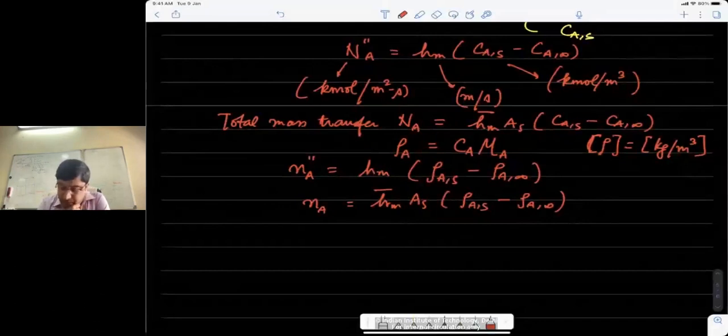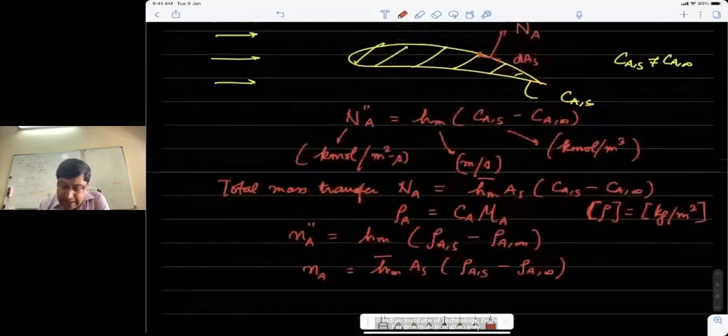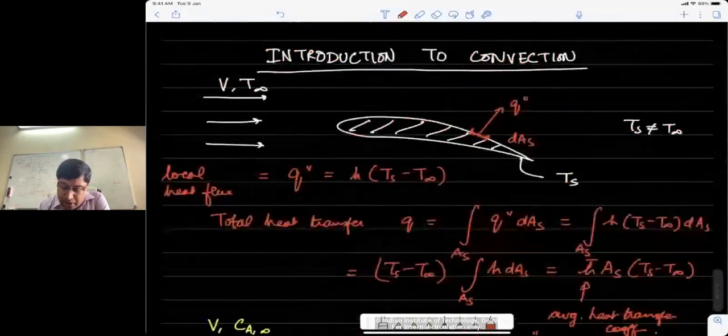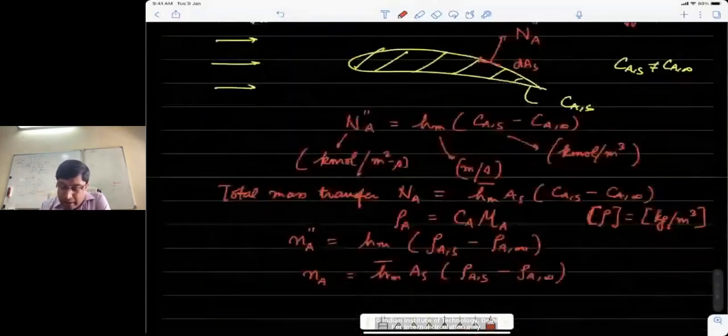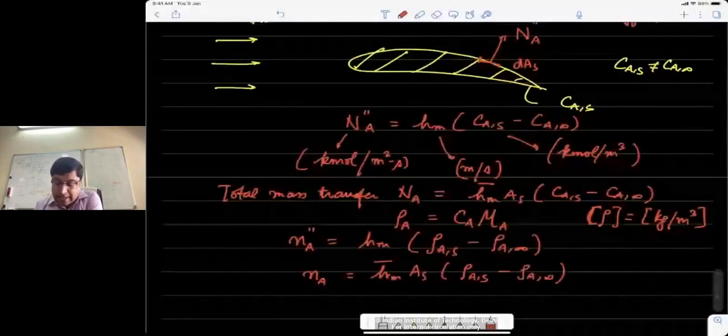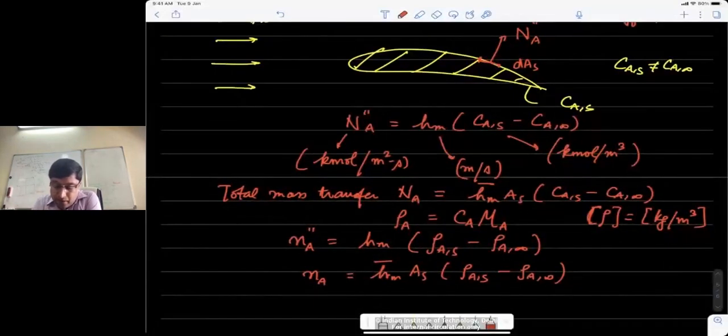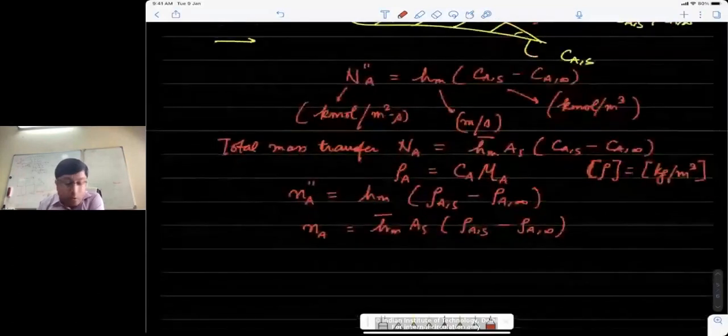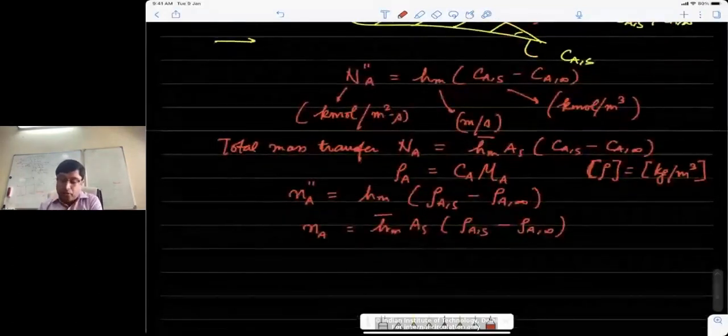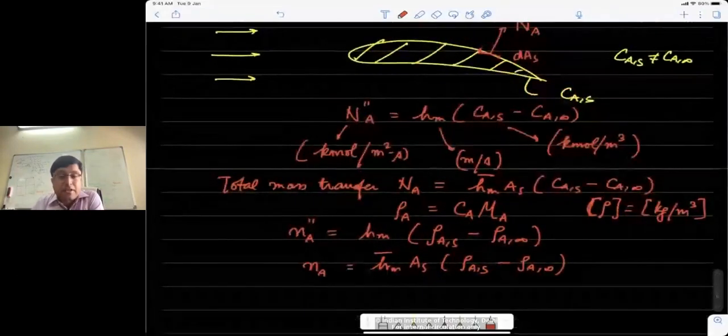Now temperature is quite easy to understand when we are dealing with heat transfer calculations. The temperature of the surface is something easy to imagine. But how do we get C_A,s on a surface? Because as I said, this substance A is one which is either going to be sublimated or evaporated from this body, whether it's a solid or a liquid, it doesn't matter. So typically C_A,s or rho_A,s is determined using thermodynamic equilibrium at the surface temperature T_s.